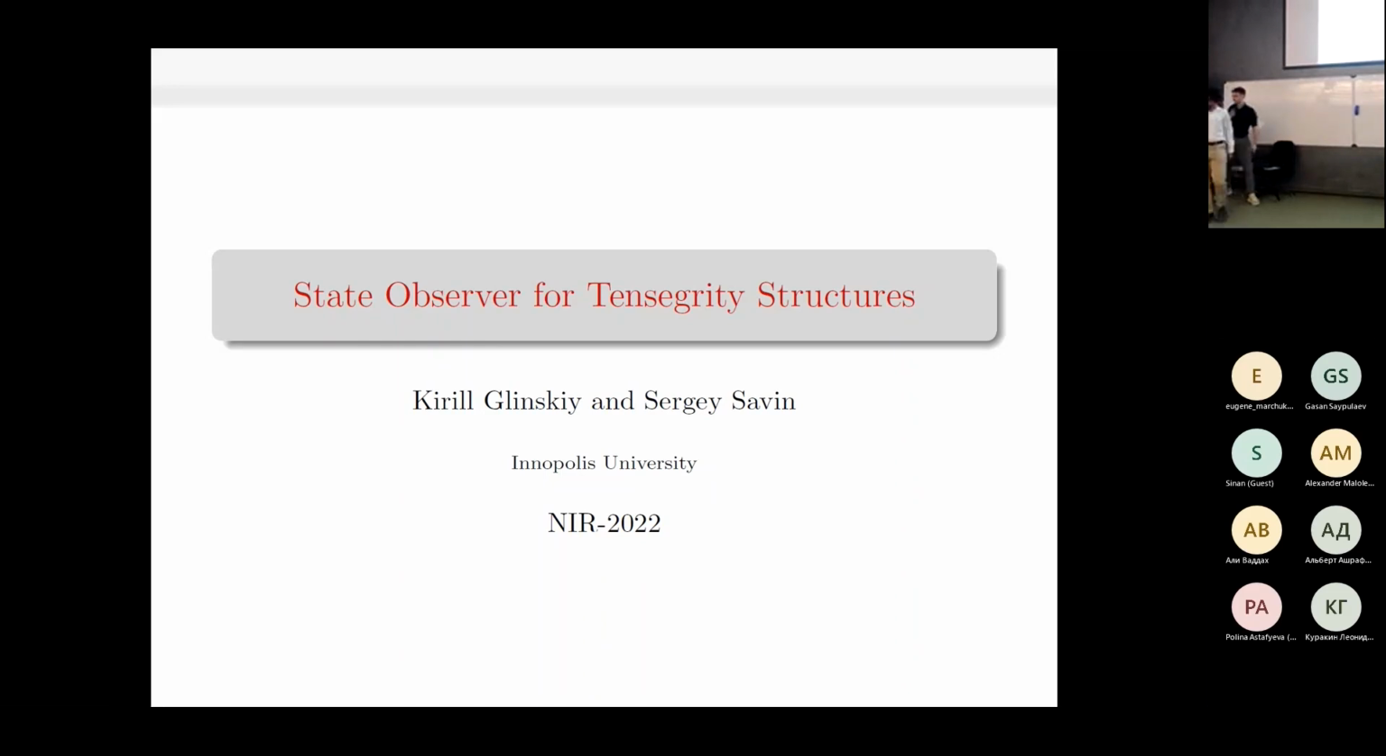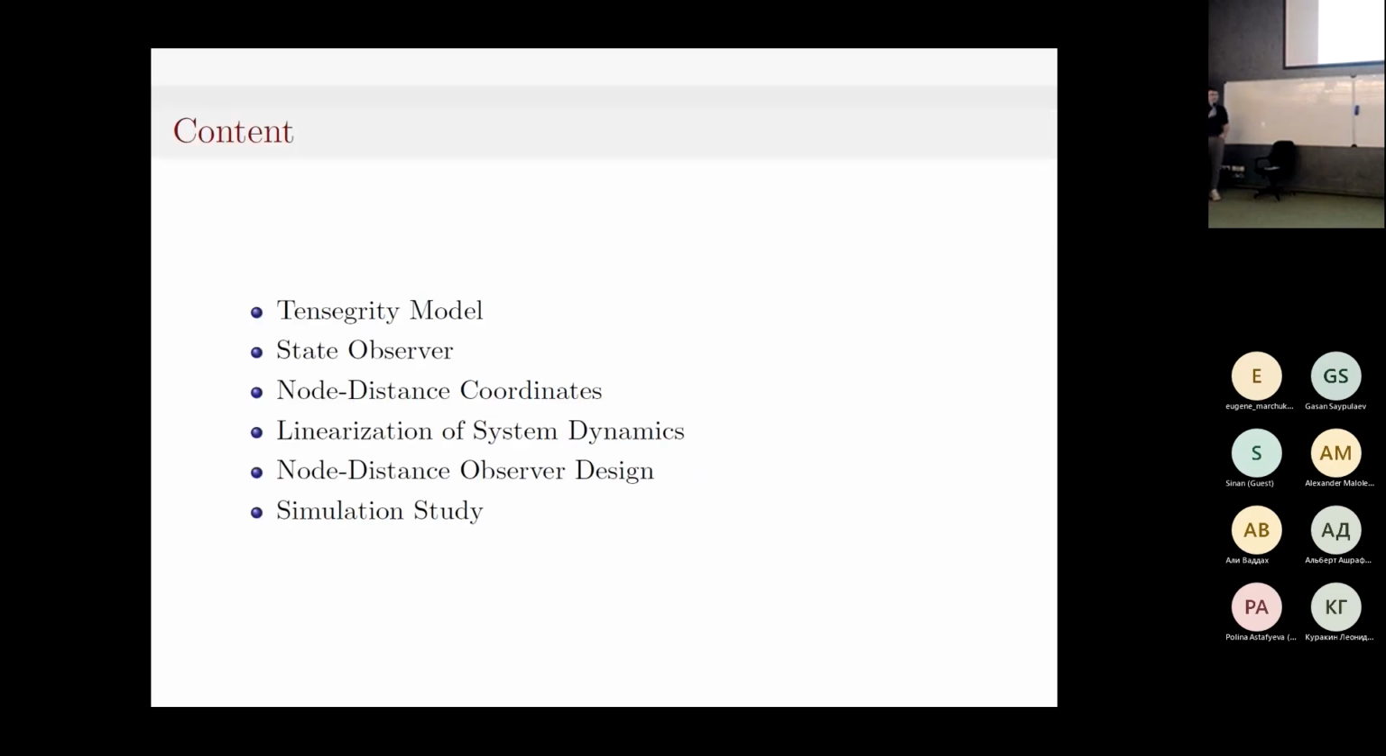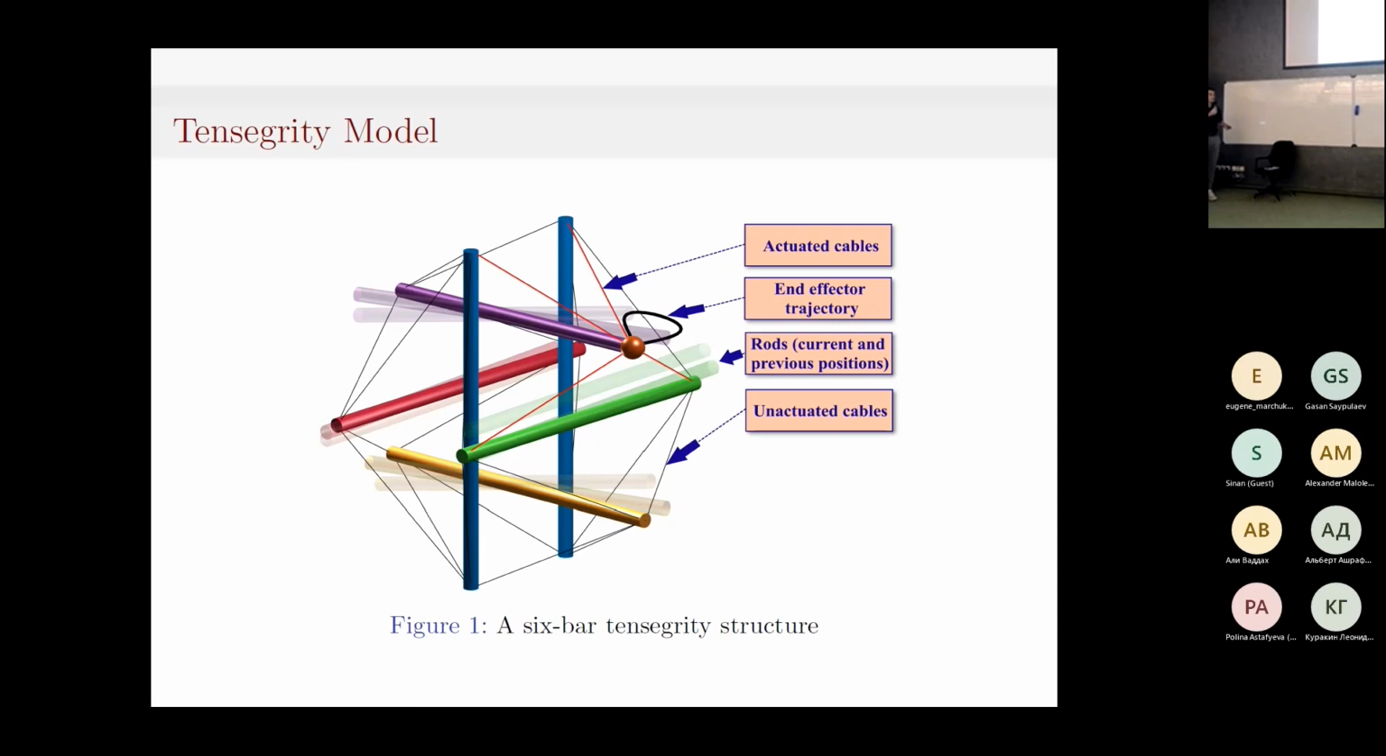Good evening, everyone. My name is Kirill Glinskiy, and Sergey Savin and I have conducted research on a state observer for tensegrity structures. First, we will talk about the tensegrity model itself. I will also give you a definition of state observer. We'll also discuss node distance coordinates, linearization of our system, propose an observer design, and show the results of our experiments. The tensegrity model itself is a structure which consists of rigid bodies and cables,